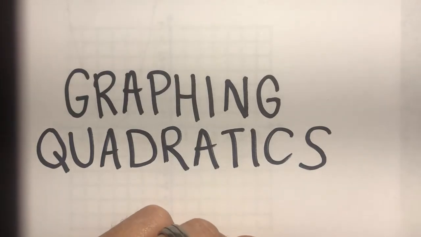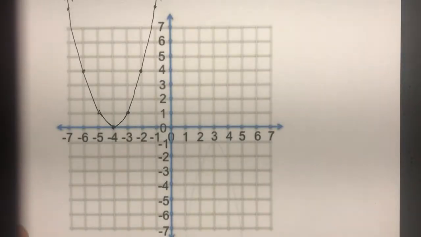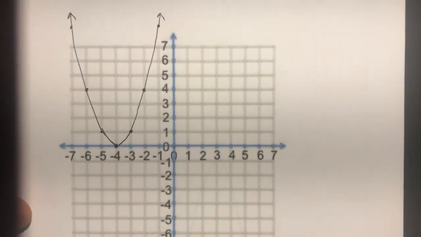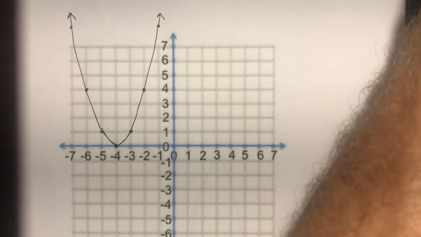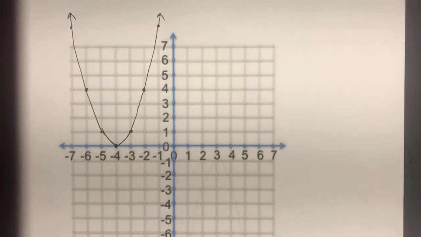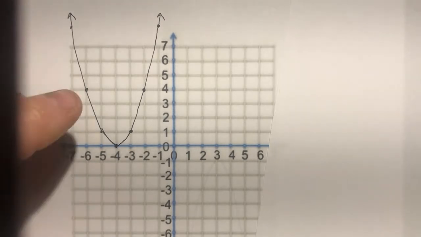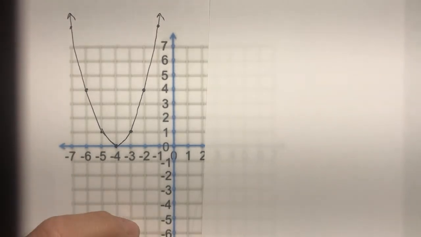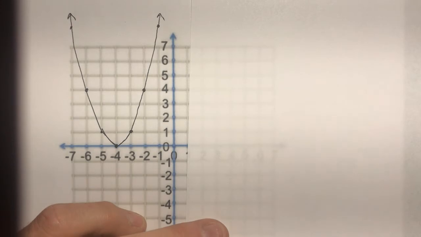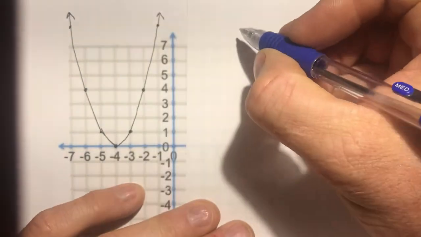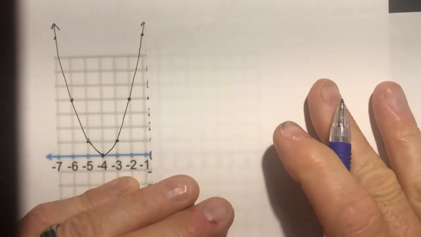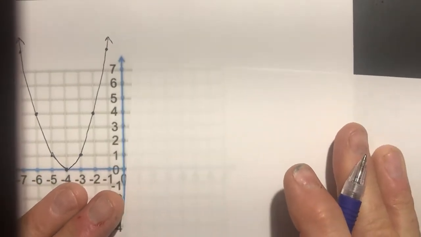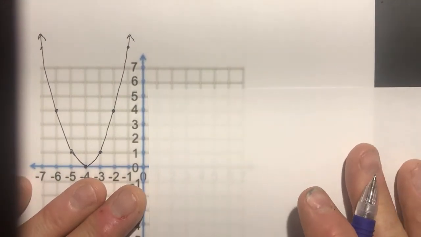All right, we're looking at graphing quadratics today. So here's a quadratic function that's already graphed. Now there's certain things about this graph that we can tell just by looking at the graph itself. First thing I notice about this graph,